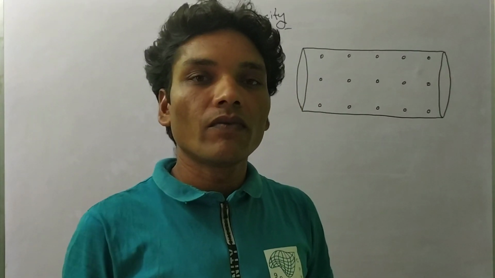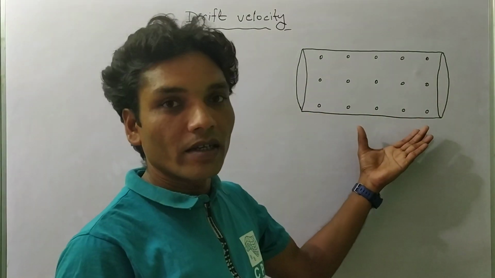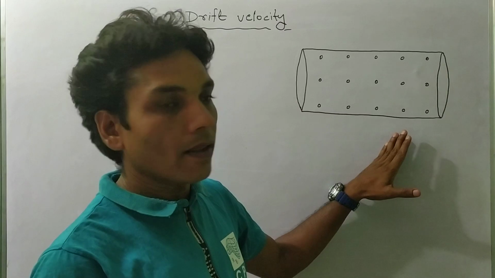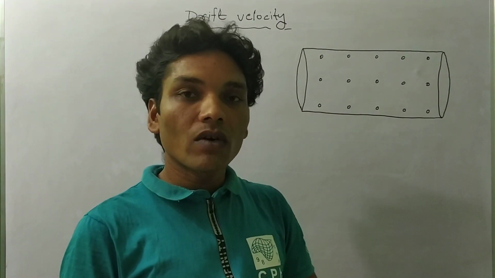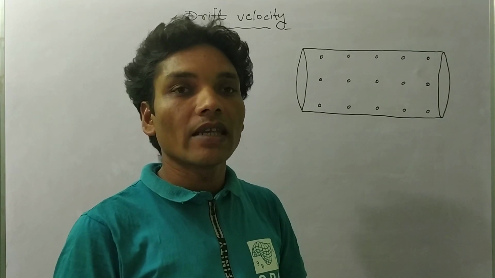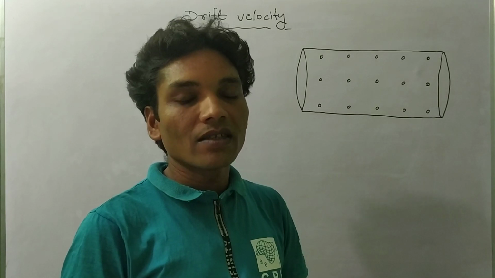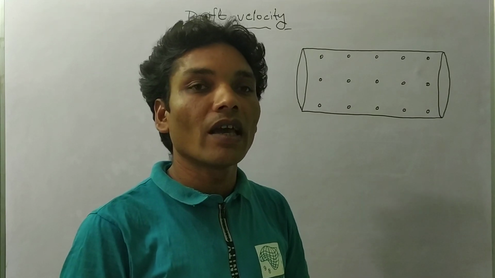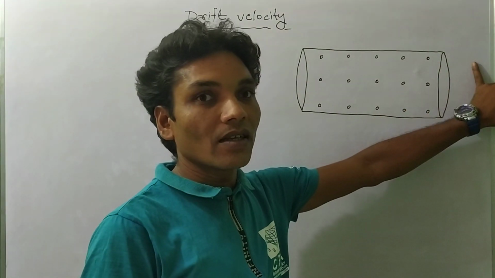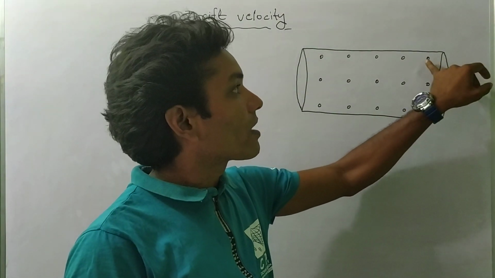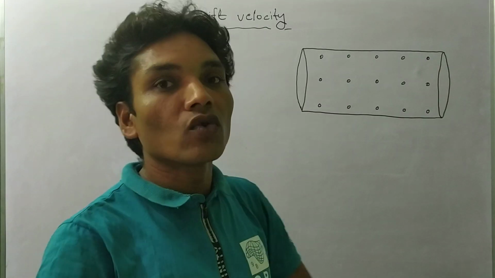Students, in this video we will learn about the drift velocity. Consider a conductor made of atoms. At room temperature, electrons revolving in the outermost orbit of each atom get some extra energy. This energy is called thermal energy or heat energy. Due to getting the heat energy, electrons detach from the atom and are free to move inside